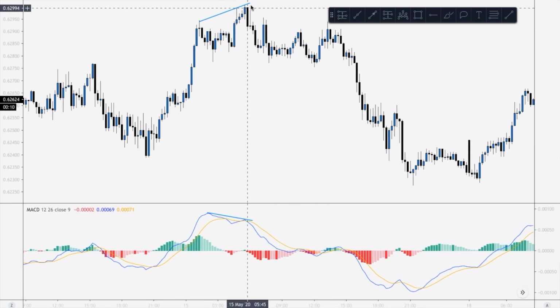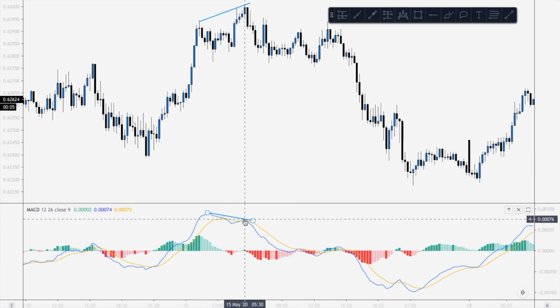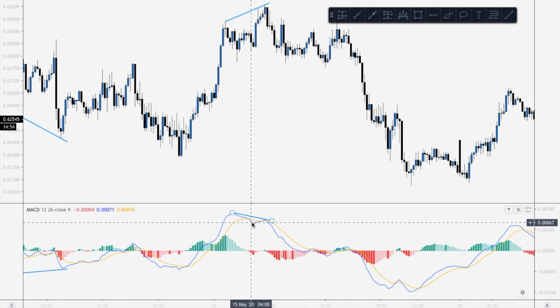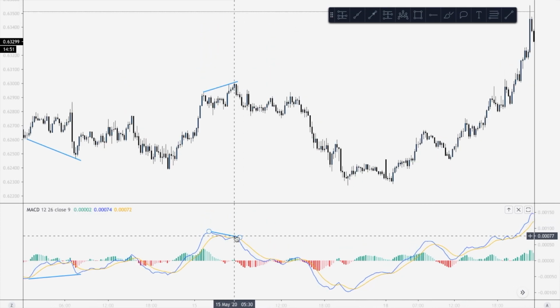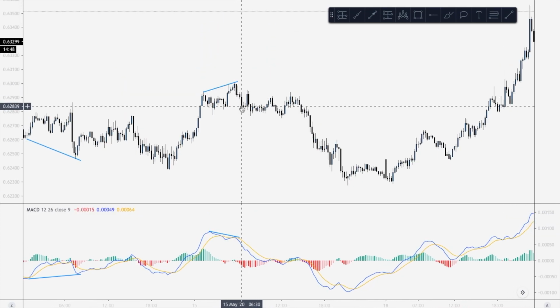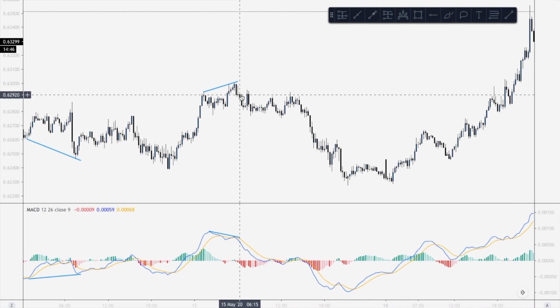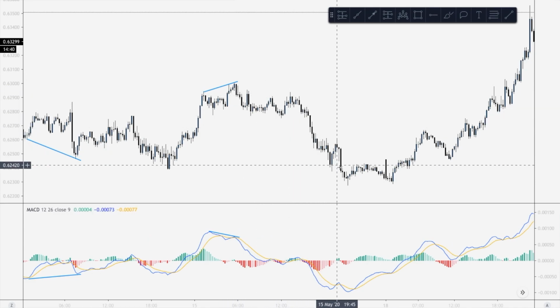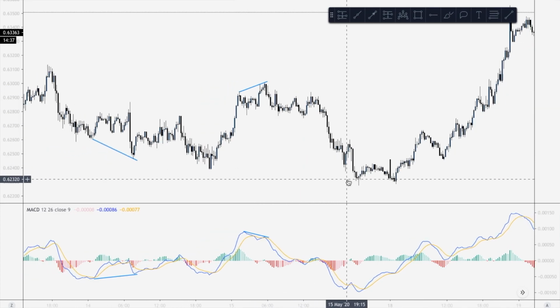As you can see over here, the price created a higher high, but the indicator created a lower high, giving us a divergence signal. After that, here the MACD line moved below the signal line, giving us a confirmation of reversal. So traders often spot a divergence like this and then enter the trade after the crossover happens. As you can see, after the divergence and crossover, the price started to move down and hence gave a perfect reversal. So these are the most common ways by which traders trade using this indicator.